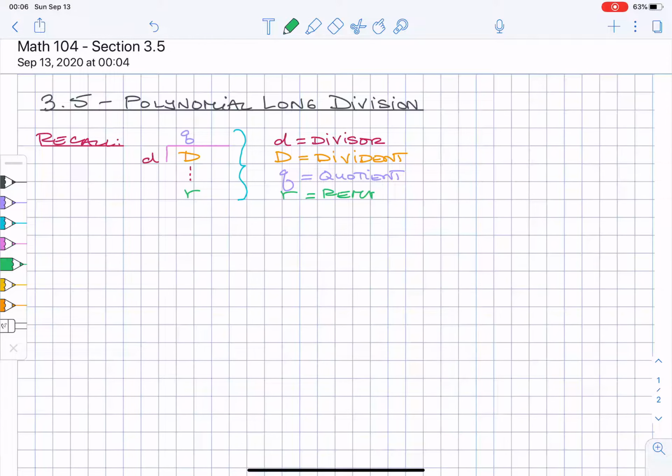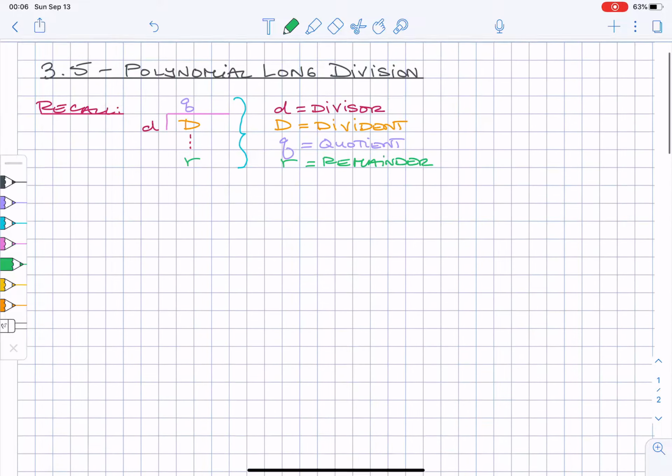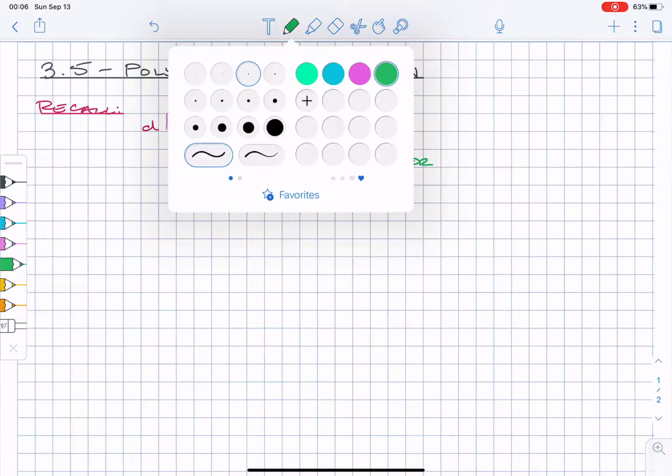Now in this case, little r means remainder. And don't worry, we can differentiate it from radius, but we'll get to that in a moment. So for example,